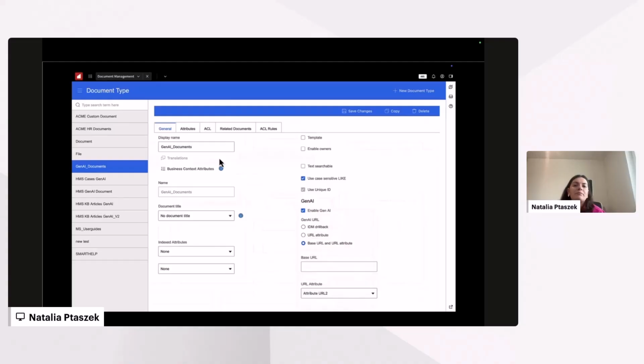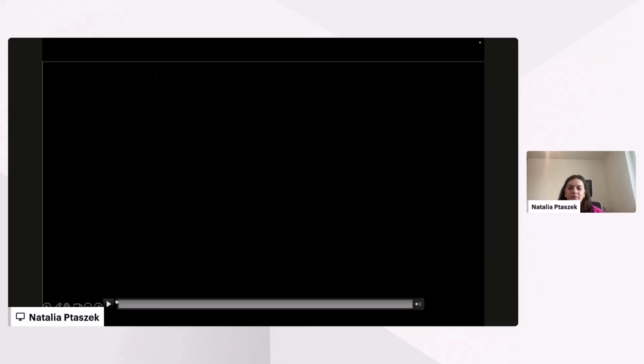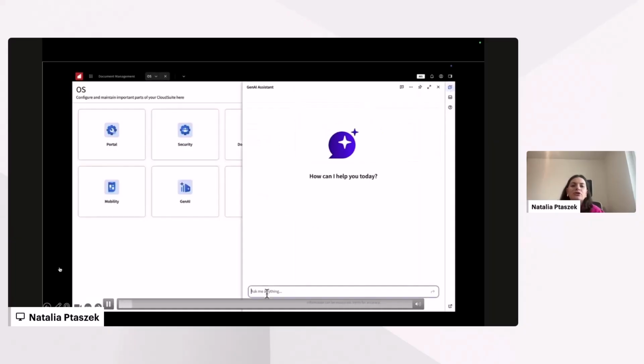What is more, all the documents which will be saved as part of this document type for which the GenAI flag was enabled are the documents which will be exposed through the GenAI Assistant interface, and the GenAI Assistant will be able to retrieve the knowledge from them. So it is on the tenant admin to decide which exact documents, or rather document types, should be exposed through the GenAI Assistant. And the second demonstration, which I would like to show you, shows the use of the